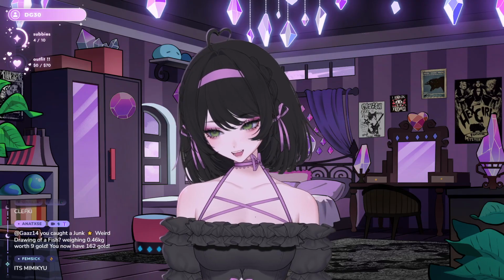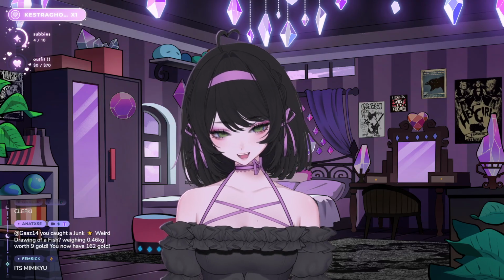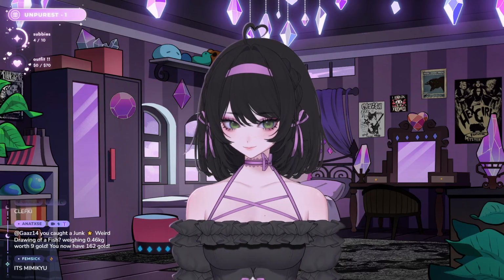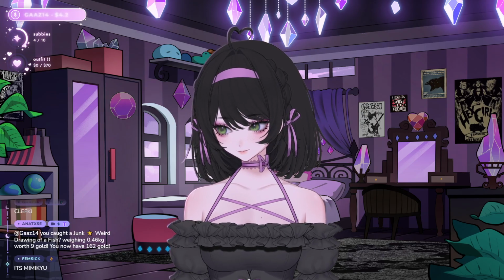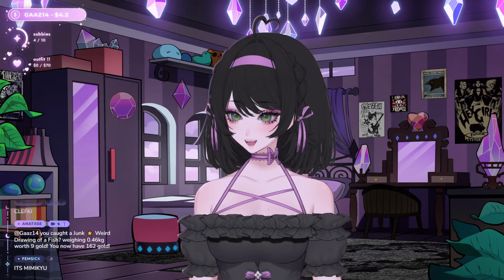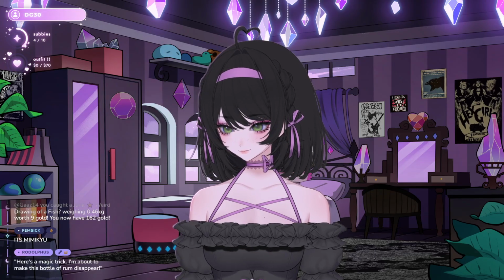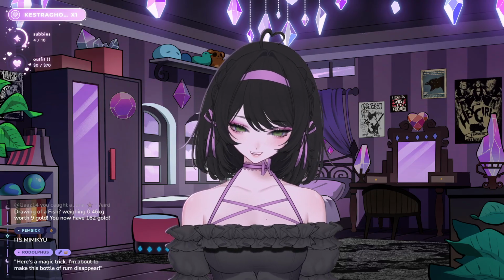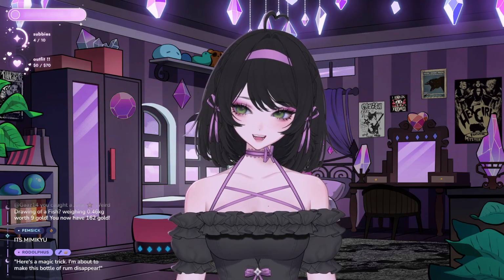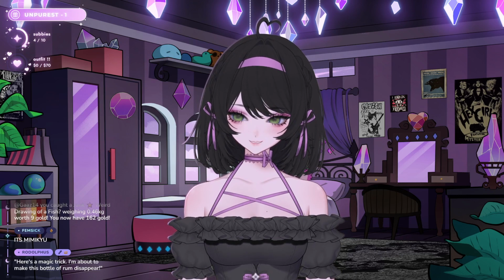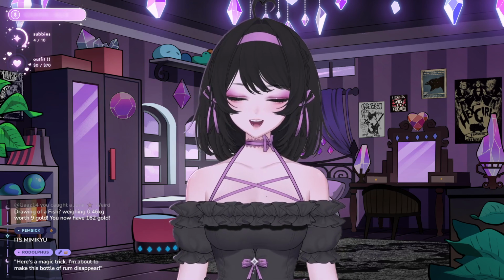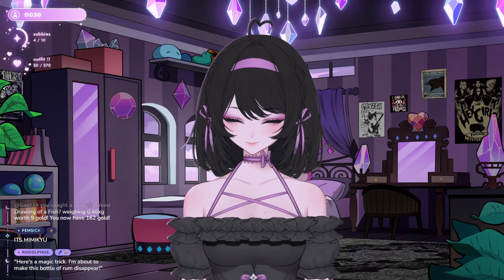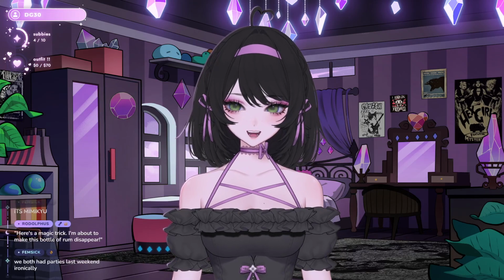It's Mimikyu. I love Mimikyu. I could take a nap. But what have you guys been up to? Here's a magic trick. I'm about to make this bottle of rum disappear. That is me when, for our Halloween parties, we always have this really good punch.